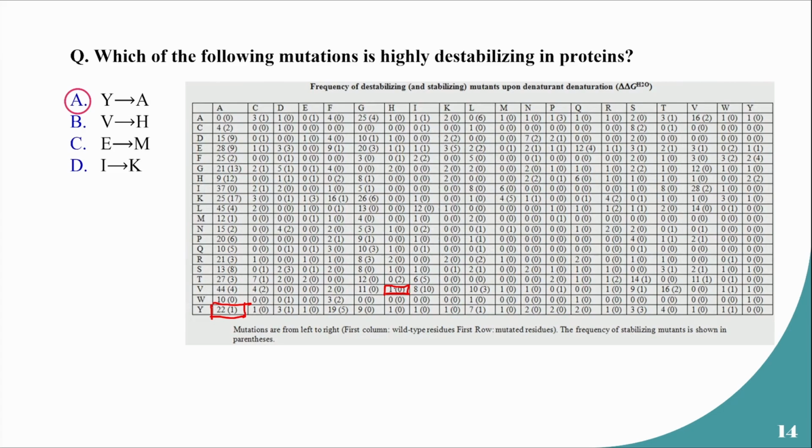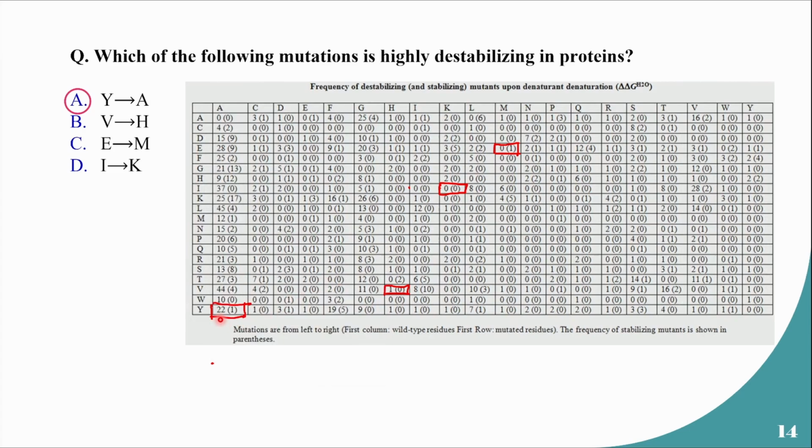And then E2M, so it will be this one, and then I2K, so it will be this one, right? So if we consider the values inside the parentheses as the stabilizing mutations, conversely the values outside the parentheses as destabilizing mutations, what we can see is that,